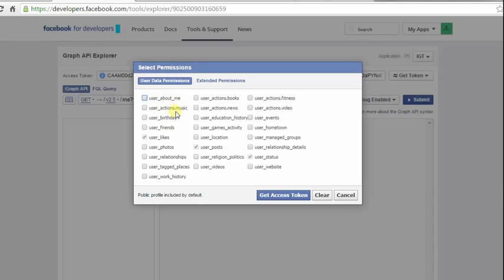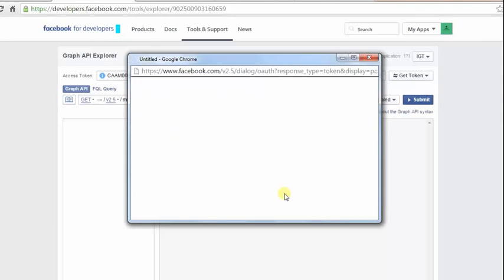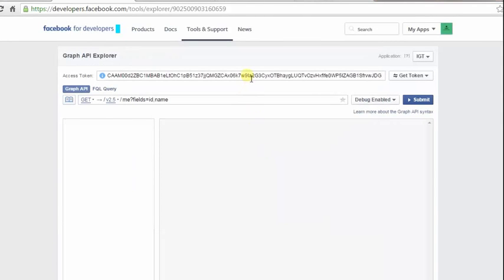And the same for user actions, music, user birthday, and user friend list. You can provide the permissions in this way. As of now, I'll just get the access token for user posts, user likes and user status. Click on get access token, and you get an access token here.